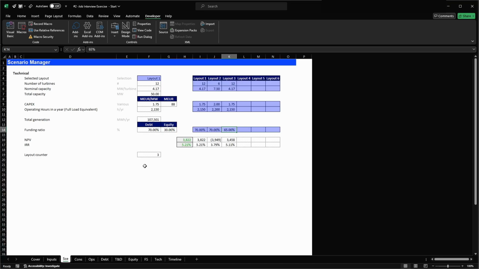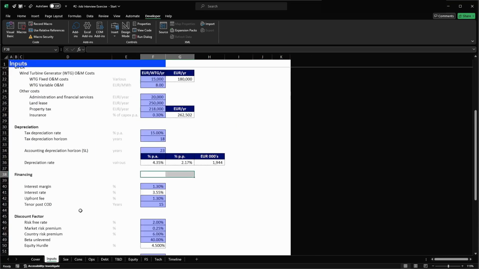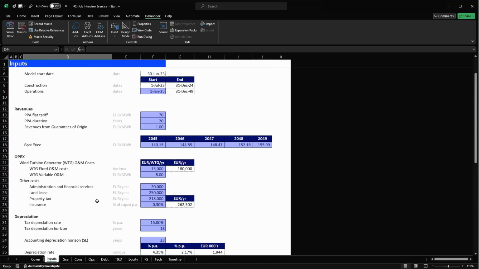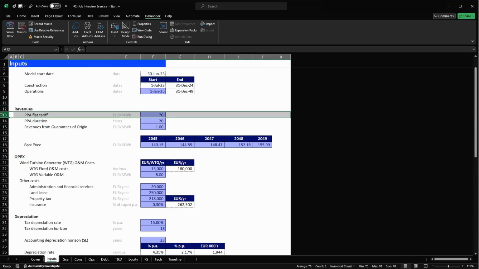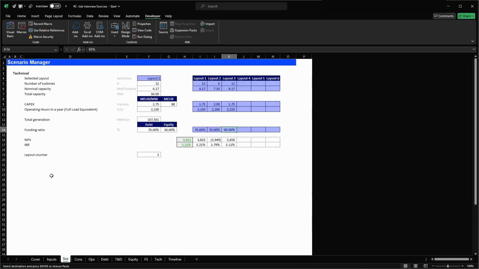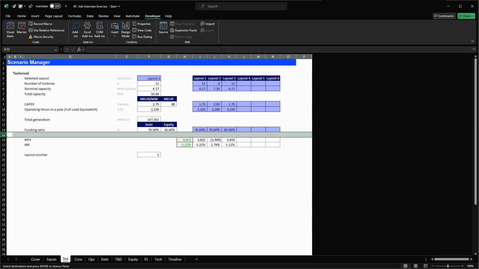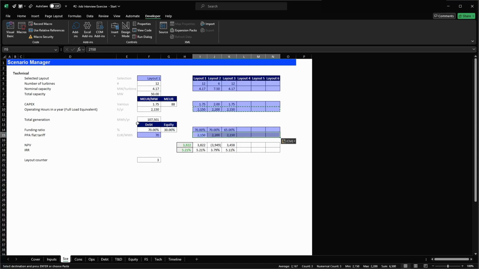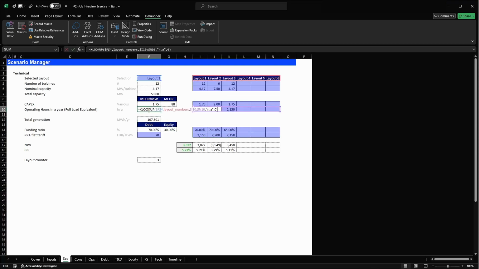Another thing you can do here, you can come to your inputs and bring the PPA price. So we can grab the PPA price, let's say over here, Control X, and paste it over here. The only thing you have to do is make sure you get the formulas correct. So Control C, now we can grab this one, Control C, enter, and then we can say, okay, I'm going to still have